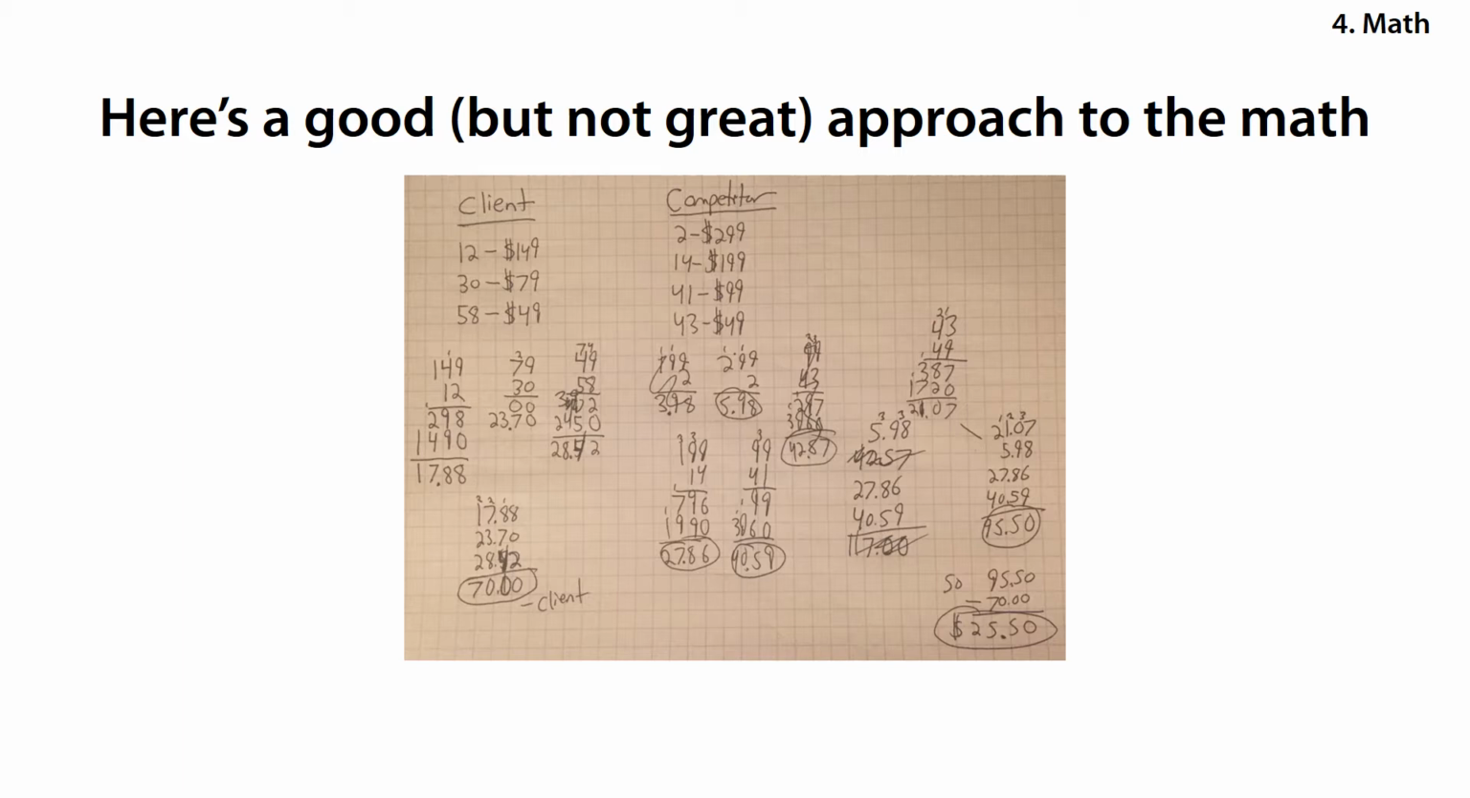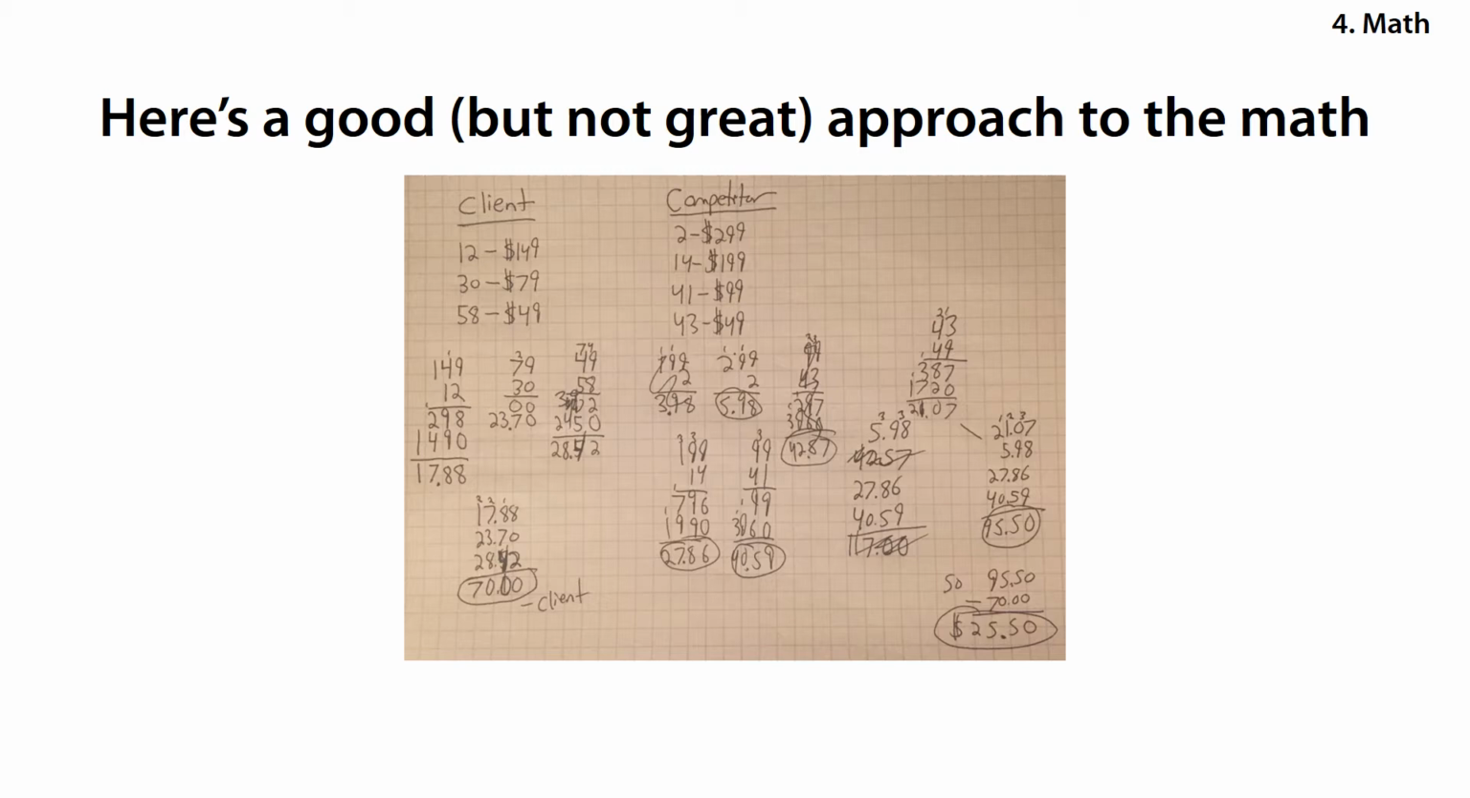7, carry the 2, 36, 8, put the 3, 387, put the 0 there, 12, 2, carry the 1, 17, so that gets me 2107. Okay, now I've got to add the 4 averages for the competitor. So that's 2107 plus 5.98 plus